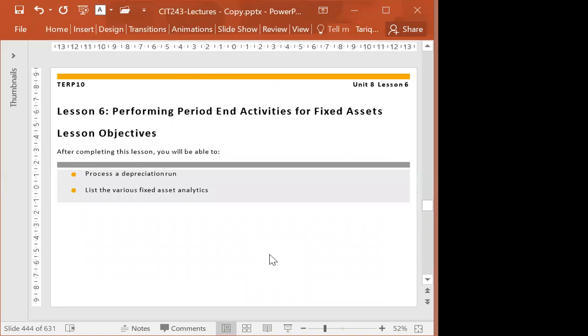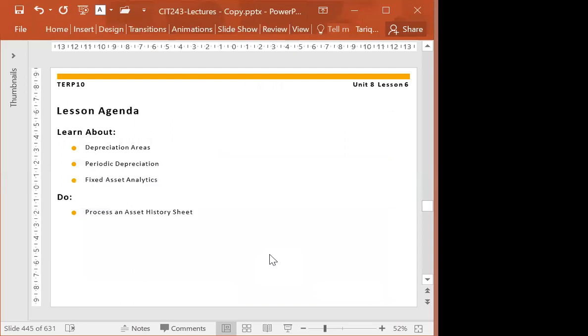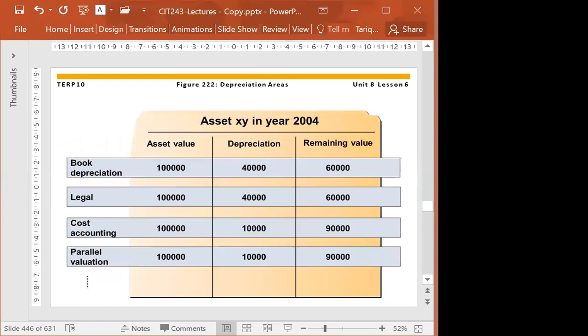Now we have like period net activities for a particular fixed asset, depreciation or periodic depreciation and fixed assets. Now, if you see here, we can have different depreciation areas. This is the main thing that we want to discuss here. Different depreciation areas.